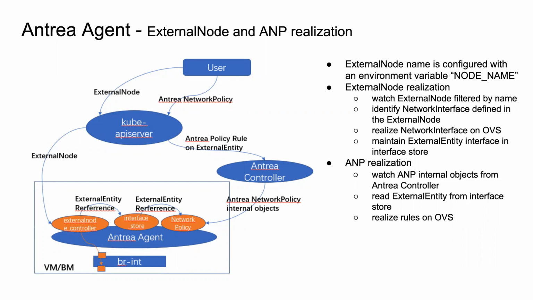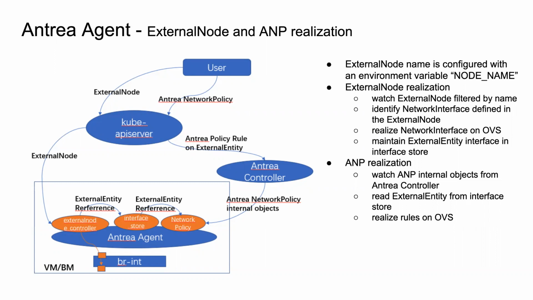Then agents will get the external node from the Kube API server with a filter by its own name. So for each VM, it will not get other VMs' external node information. And then agents can get the network interfaces configured in the external node and try to find the corresponding network interface from the host. And then agents will try to realize the interface on